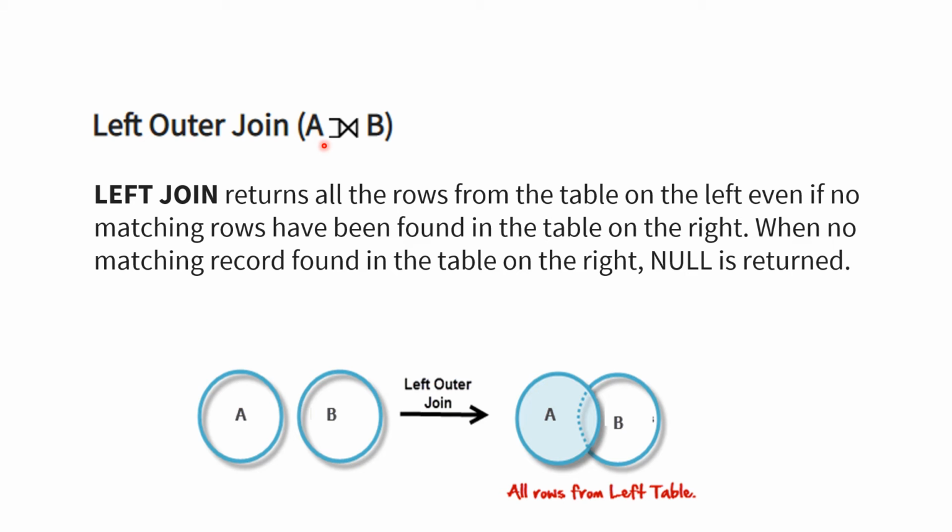So left outer join is nothing but taking all the rows from the left table but leaving all the rows of B which are not common to A. So we are taking only the A part. If A has 10 rows and common with B is 5, then all 10 rows are considered. These 5 are already counted in the 10 rows.